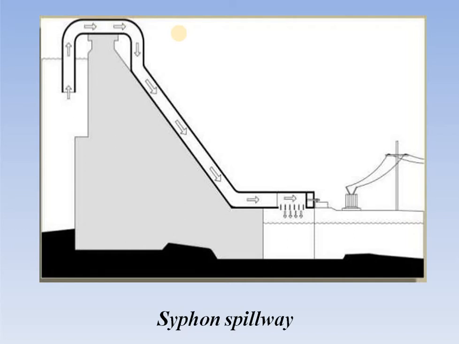As I said, there are two types of siphons. The first one is the saddle siphon. A saddle siphon spillway is a closed conduit in the shape of an inverted U-tube with unequal legs, and it is commonly used in practice. You can see in this figure, this is a hooded type saddle siphon.